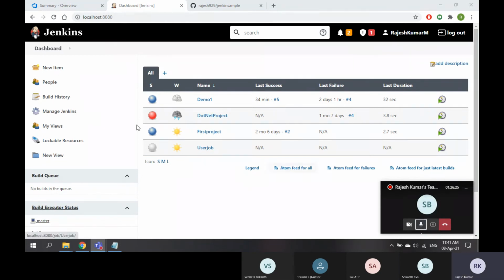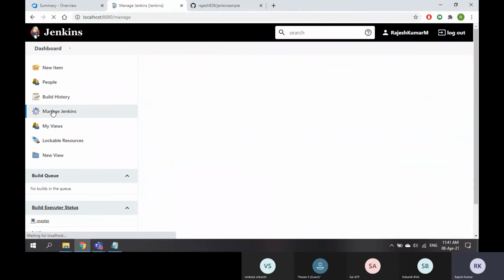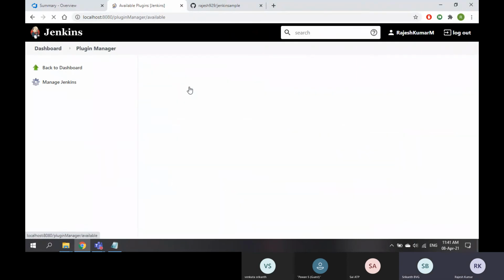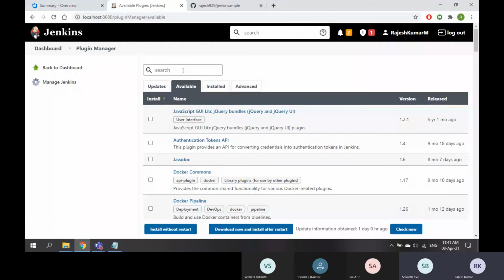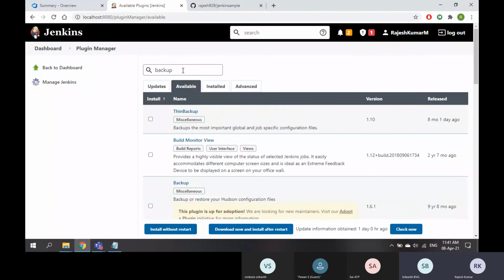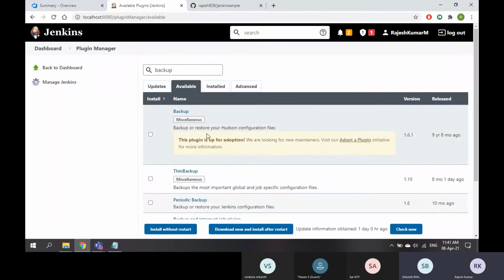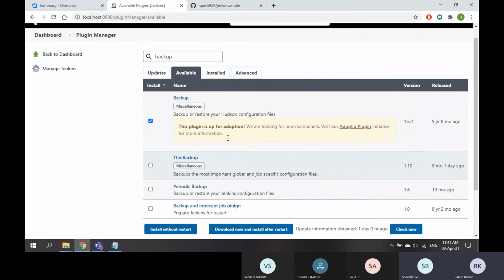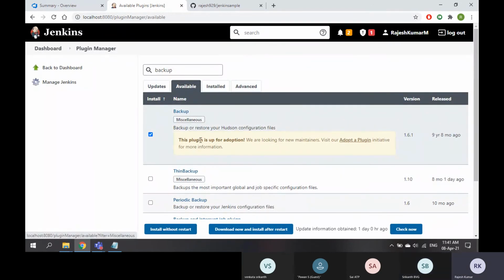So whoever uses Jenkins, again, there is a manual task for them. Go to manage plugins, go to available, backup. So backup or restore your Hudson configuration files. So you need to take all the backup. So you need to have this.